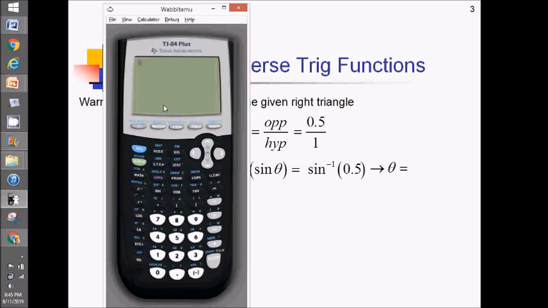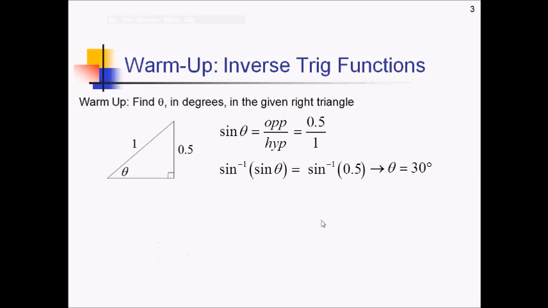You might remember to do this, we have to do second and then the trig function, sine in this case, and that gives us sine inverse. Now we put 0.5 in there, and I'm in degrees mode. Press enter, and I get 30 degrees. Cool. The concept you've been using all along with SOHCAHTOA to find missing angles is the concept of an inverse